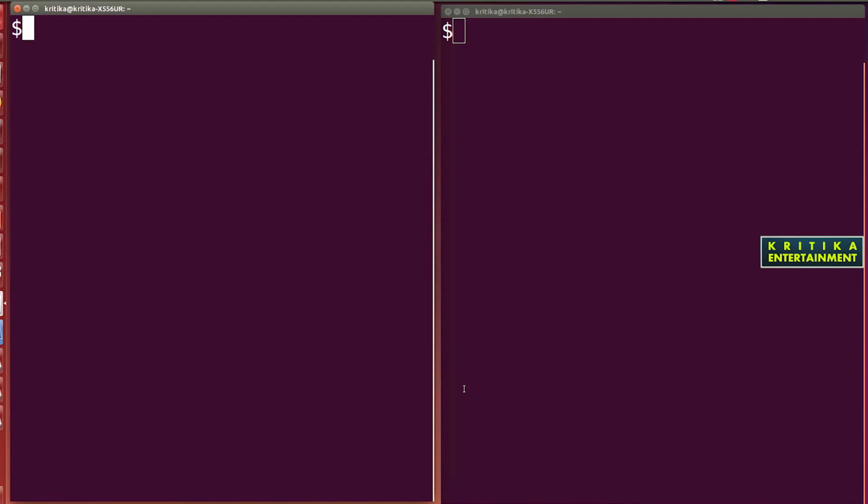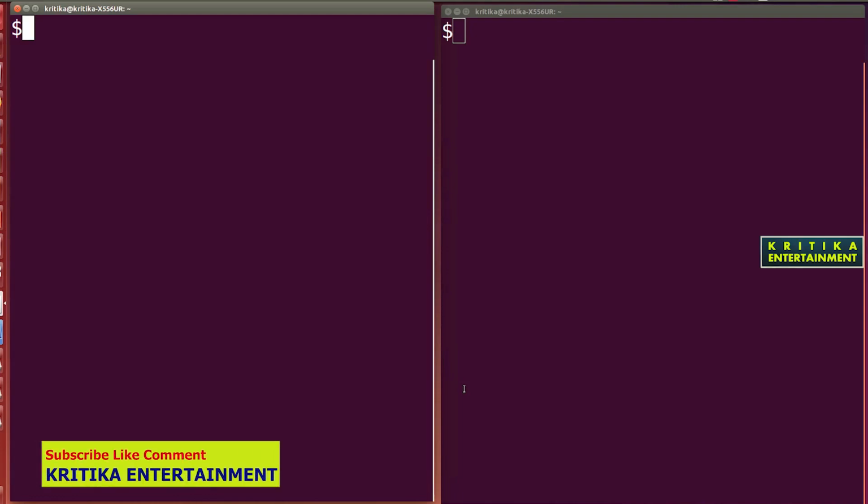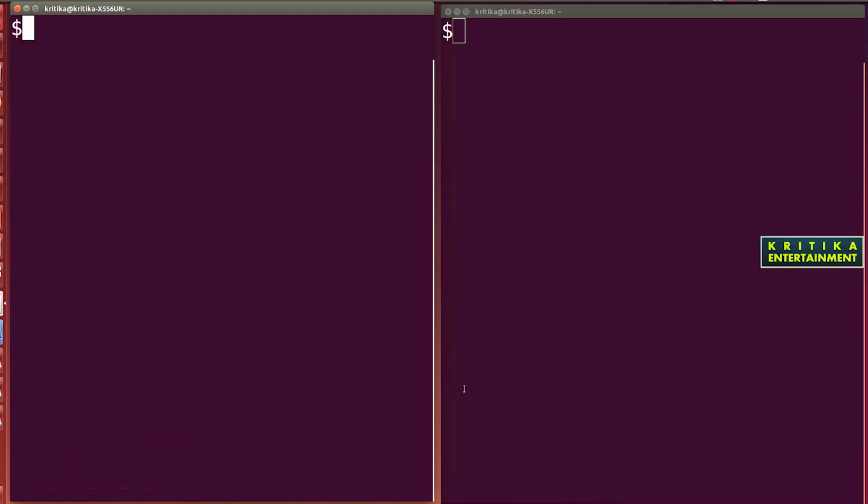They want to connect with each other by using an IP address, and that IP address is given by the client to connect to the server. So the server is established. Then the client wants to connect to the server. The client decides which server it wants to connect to, so it will give the IP address and the port number of that server, so that it will connect to the corresponding server.